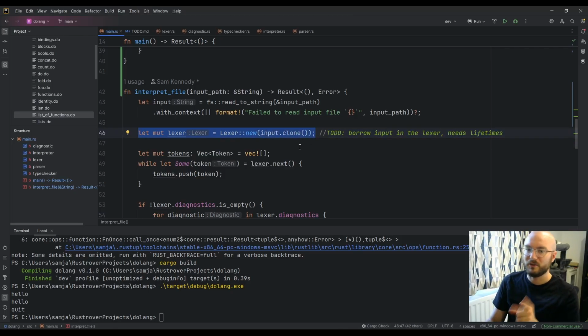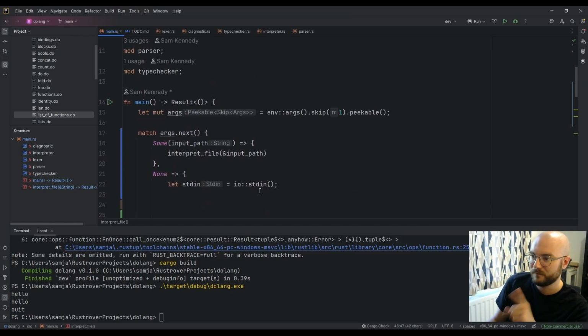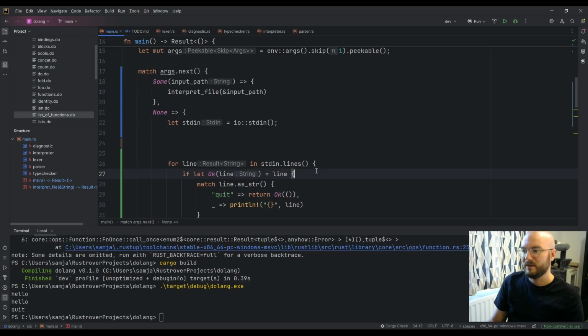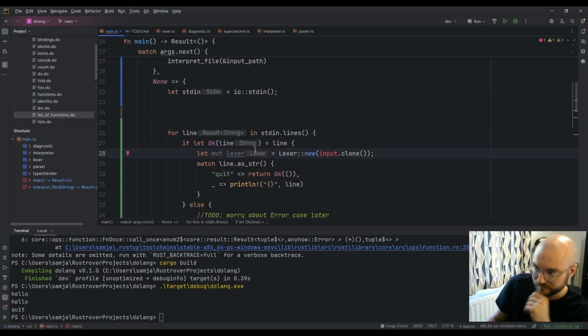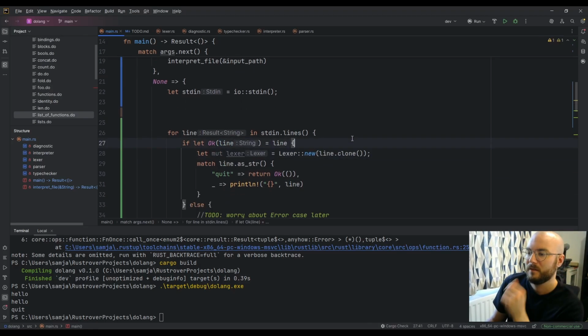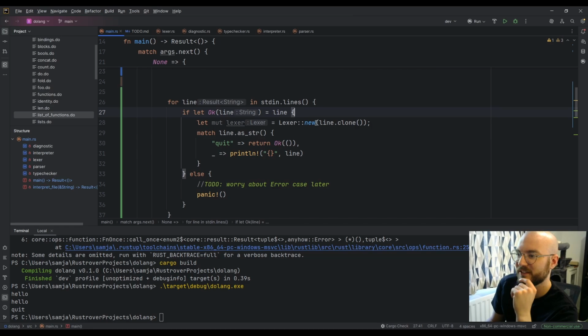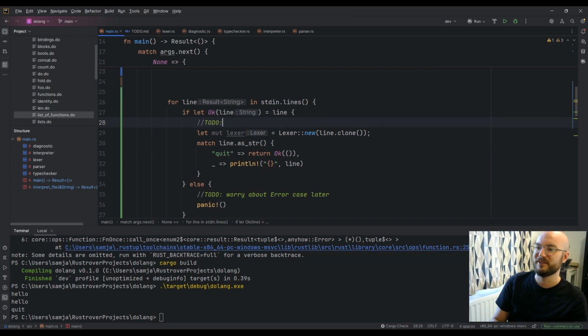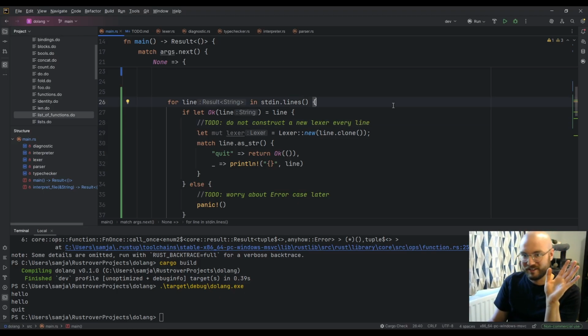I'm going to have to make a new lexer on every line, so we probably want to fix that first. So for now, every time we get a new line, we construct a new lexer. Not construct a new lexer every line. But for now, we're just hacking, it's fine.